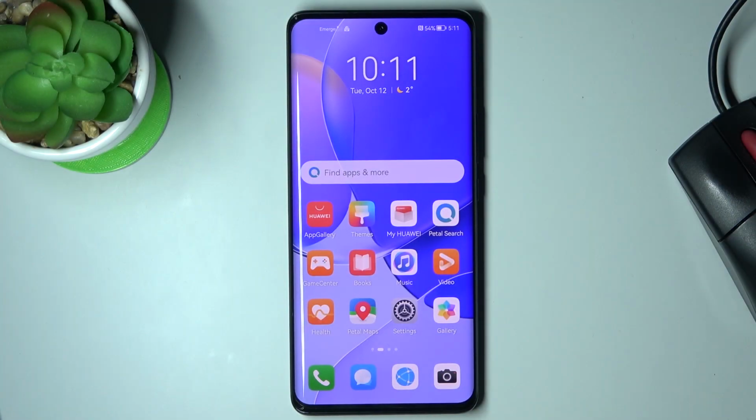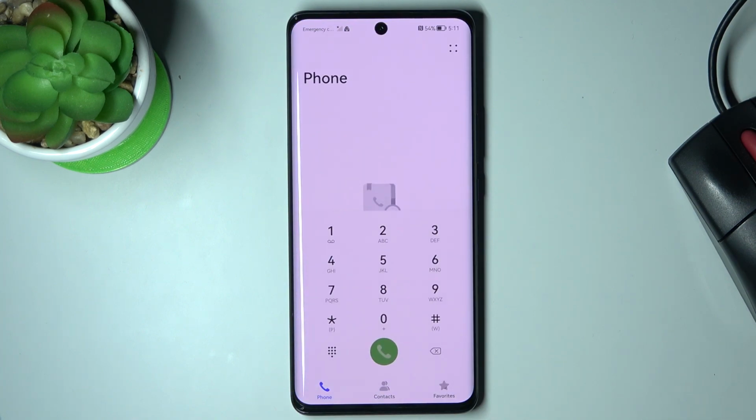In front of me is HUAWEI Nova 9, and let me show you secret codes that you can use on this device. So first of all, you need to open your phone dialer, and here we've got the keypad panel. So let's start with the first code, which is the longest one, and it will redirect us to the project